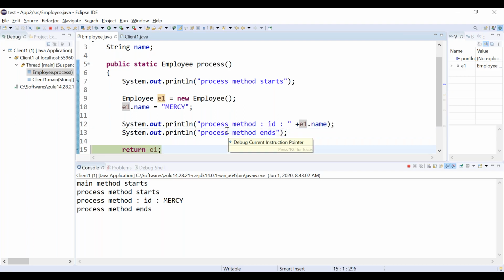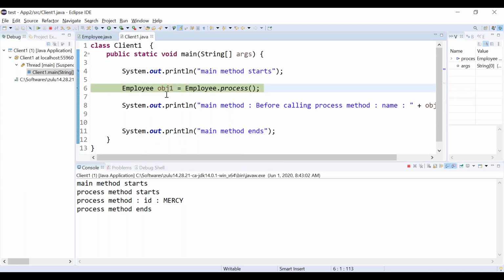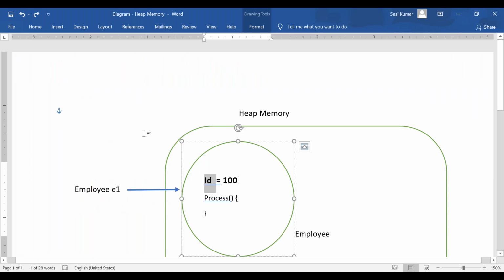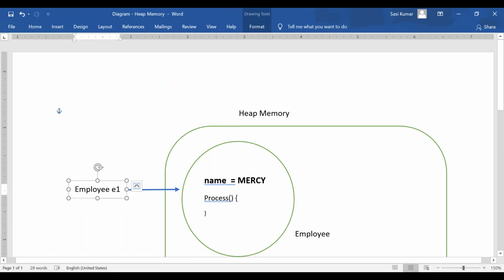Process method ends. Finally, what you are returning? You are returning E1, right? E1 is returned to the main method. Now you assigned it to obj1, right? So obj1 is also pointing to the same object. Listen, obj1 is pointing to the same object, correct?